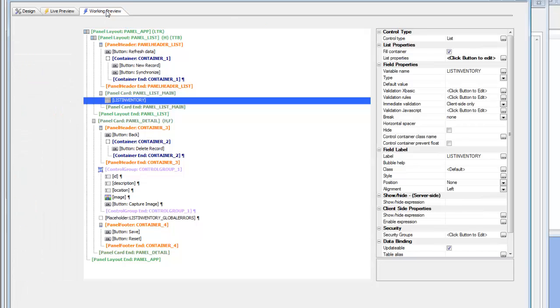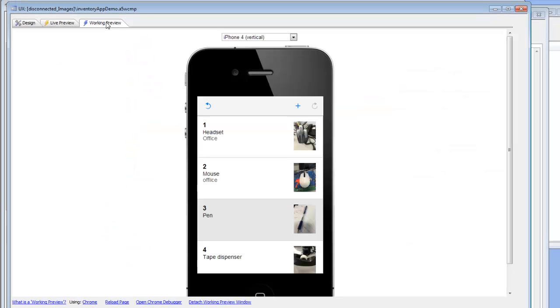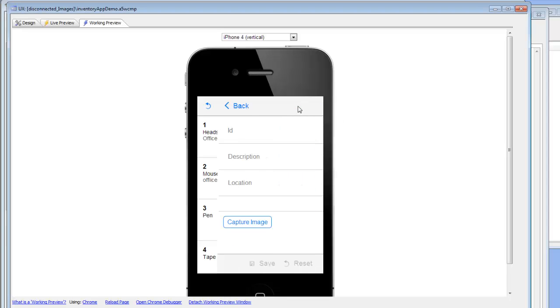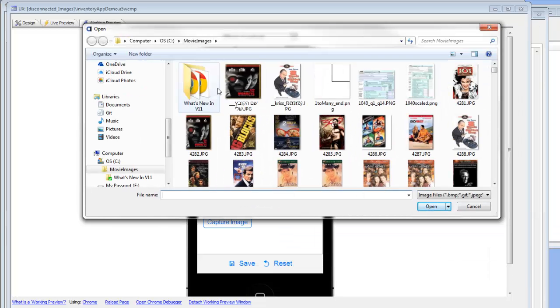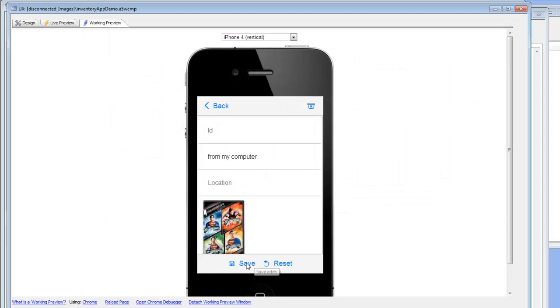Because we're in working preview now, we're going to be using HTML5 image capture, which works in all modern browsers. So we'll go ahead now and say add a new record, and I'll just say from my computer, and then say capture image. So now I'm just using the built-in HTML5 image capture, and since there's no camera on my desktop, it's just using the file system, so I can just select an image